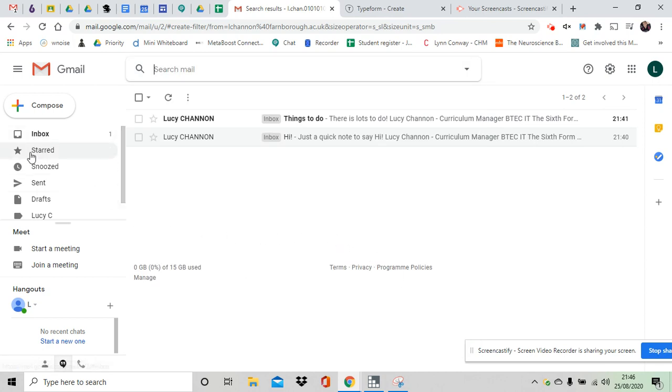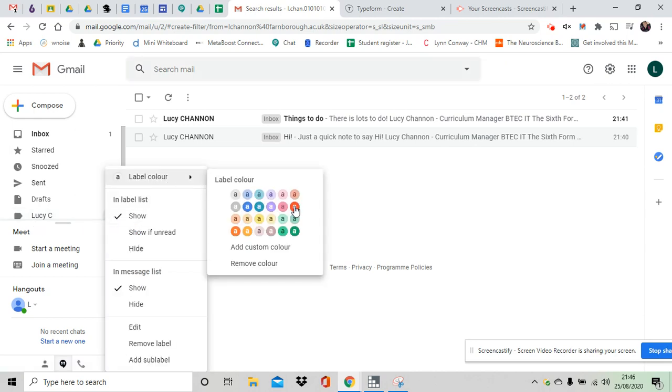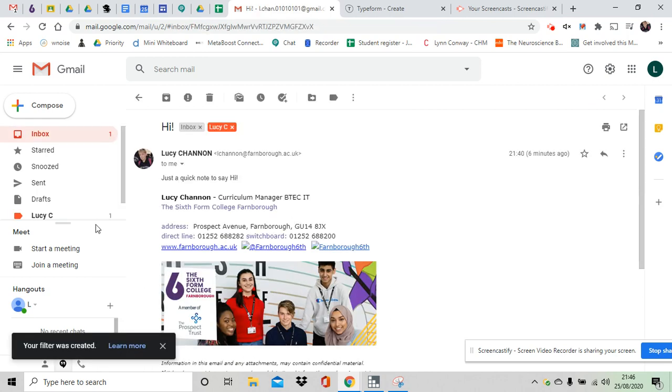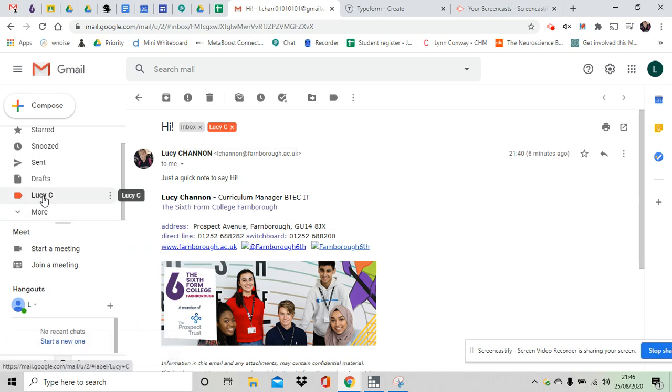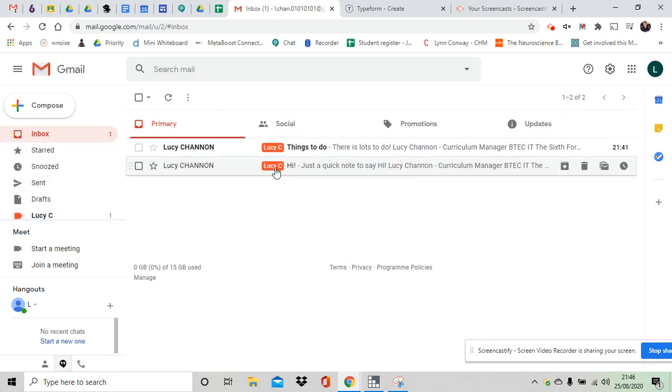And then you'll see over here that we now have a label from Lucy C. I'm going to change the color of it so it stands out, so I can see when stuff's coming from this person. And now every time I get a message from that person, it will pop a red label on it. So then I can just open up that label and just see the emails from her. And in the inbox, it's really very clear. So if you had a different color for each of your teachers, you should very easily be able to see